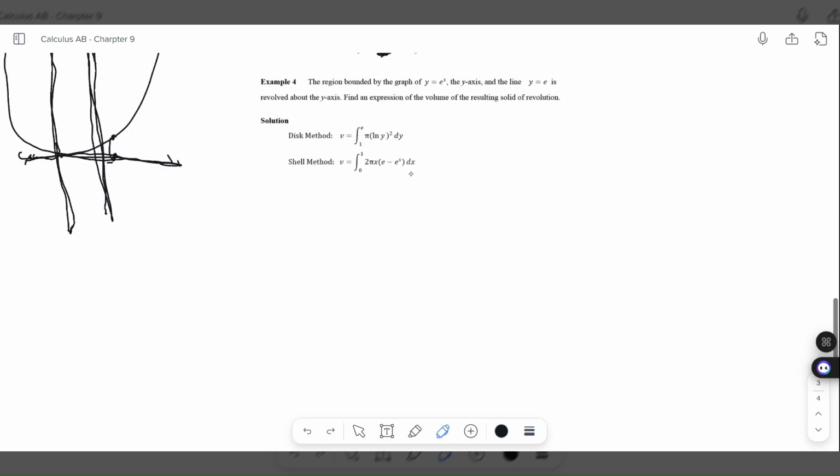Now, example 4. The region bounded by the graph of y equals e to the x, the y-axis, and the line y equals e is revolved about the y-axis. Find an expression of the volume of the resulting solid of revolution. So you can use the disk method or the shell method, but if you use the disk method,